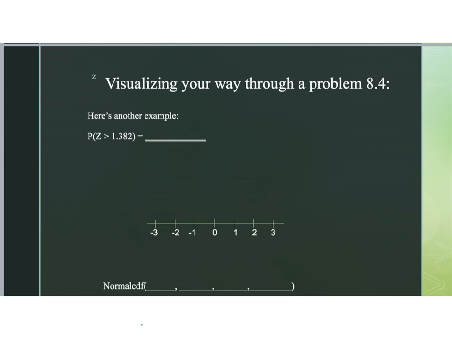we're going to do a problem, and the probability here is now the probability that a randomly selected z-score would be greater than 1.382 standard deviations to the right. So I'm going to draw in my normal curve. Somehow they didn't transfer over when I transferred this to this program, so I don't know what happened there. But regardless, let's go ahead and